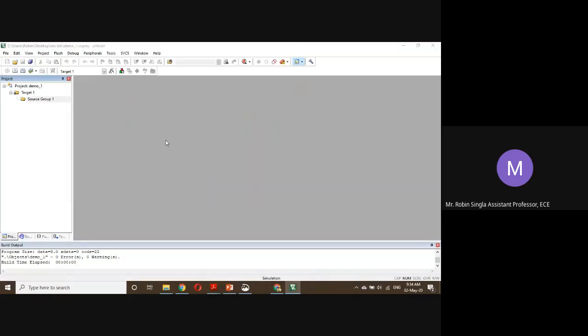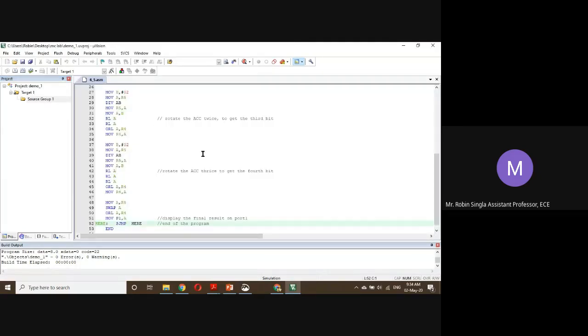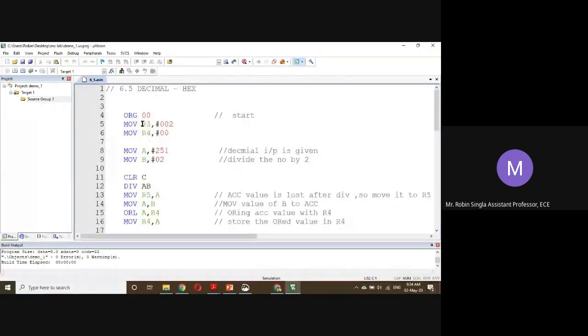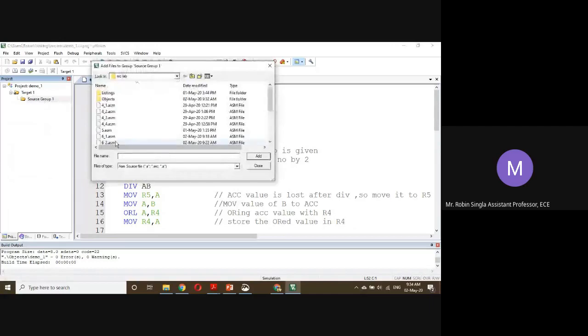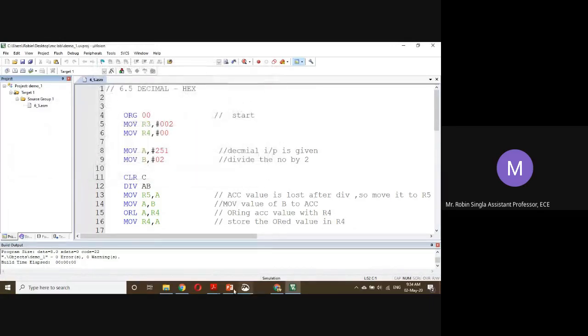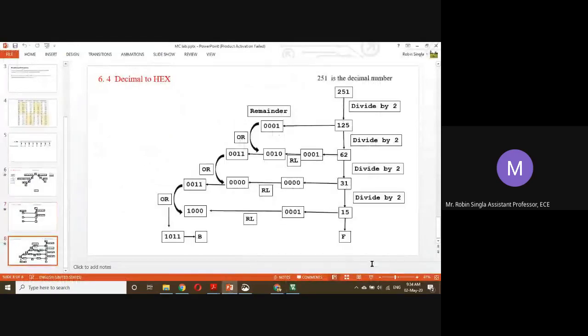Next is 6.5, which is your decimal to hexadecimal conversion. Let's see how it is working.